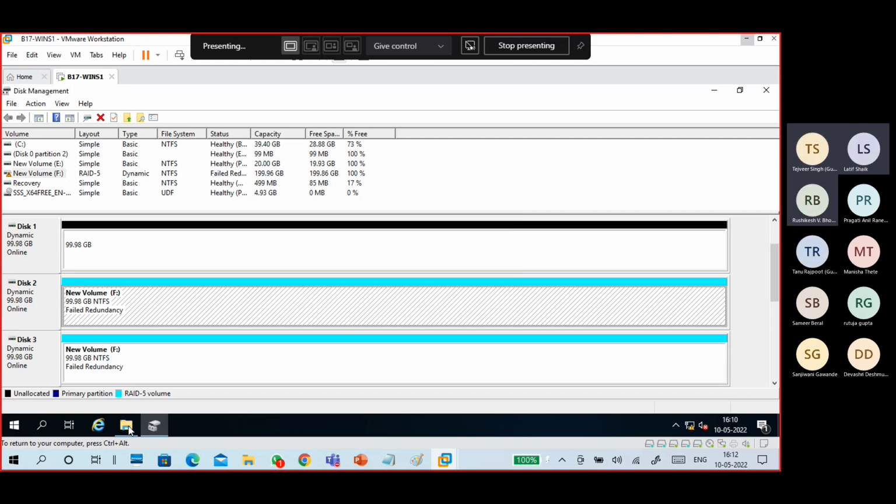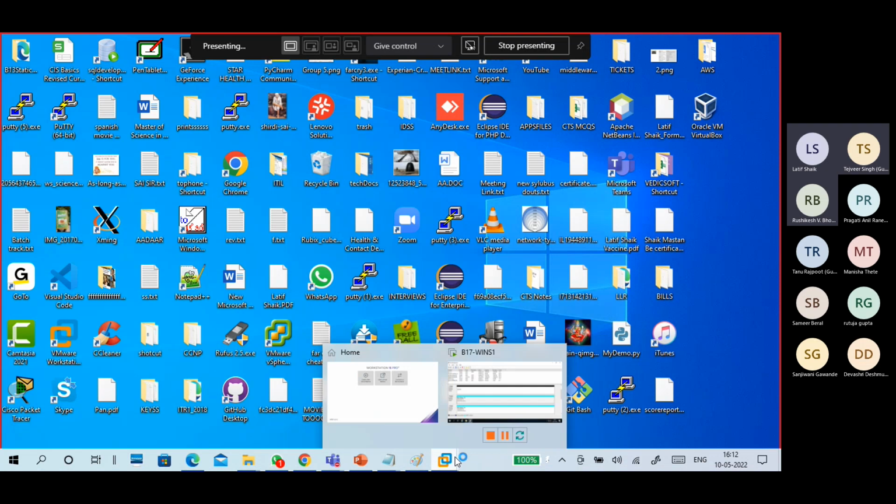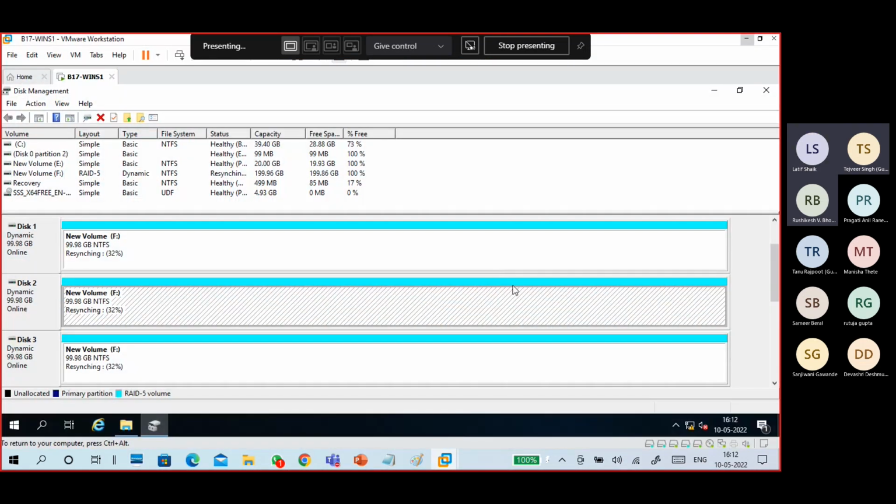Even when it is processing, we are able to access the data, but the problem is my entire system got frozen. My virtual machine got frozen. Sorry. Yeah, it is resynchronizing. See, resynchronization. It's not moving. So disk one is again a member of our